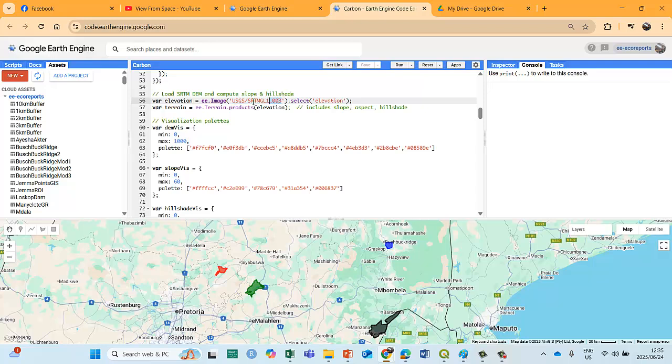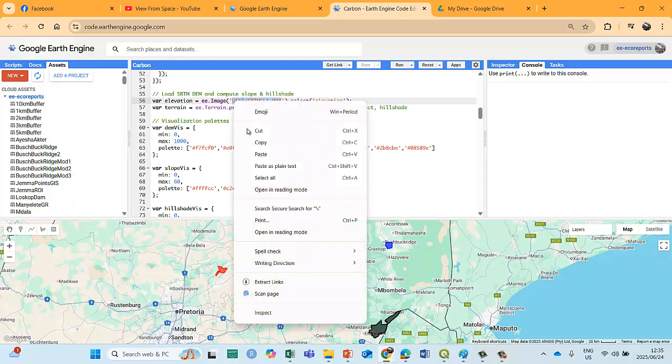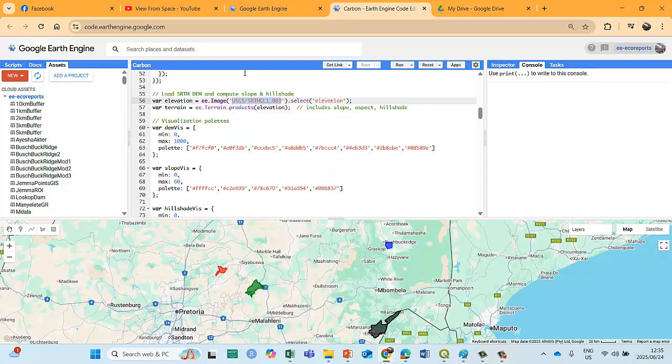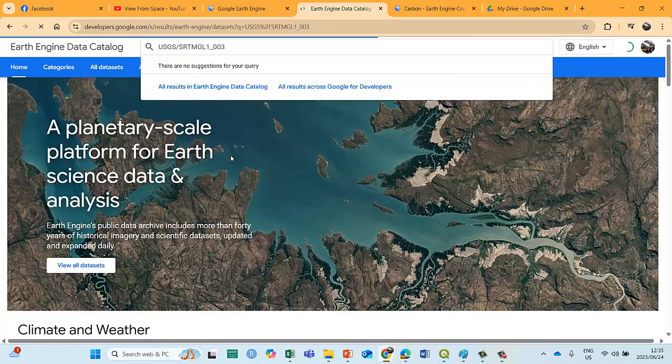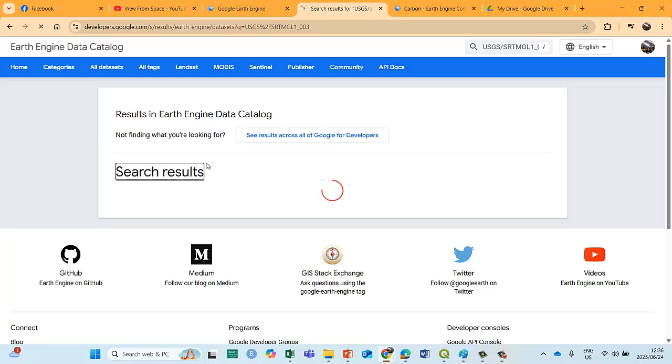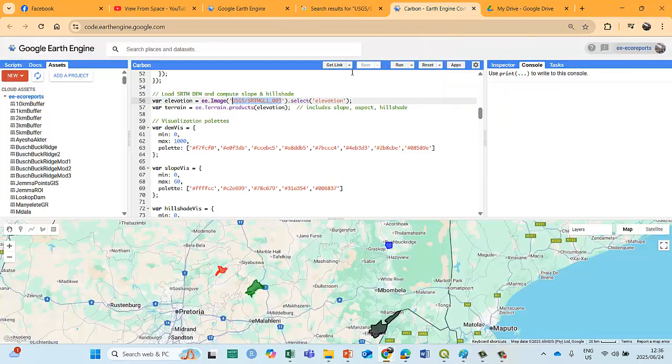Let me go and have a look at it. So you get used to these data sets over time. You know which one to use for which application. So let's go data sets, and we're going to paste it in. So let's have a look what this data set is all about. It's a bit slow. I don't know why it's so slow today. Whether it's the internet or Earth Engine that's doing some work on it. I don't know why it's so slow. But while this is searching, let's go and have a look.